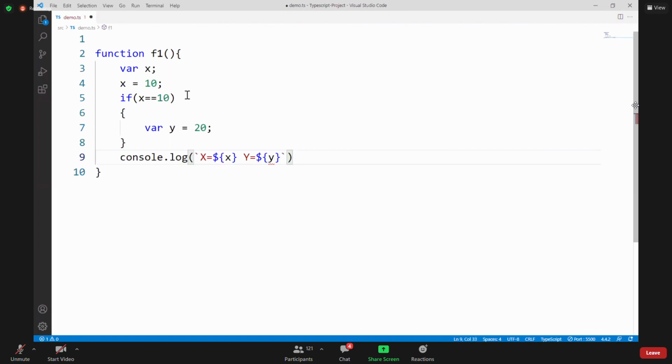So we are configuring the x value and y value here by using this keyword, and we are accessing the function F1. Now this first line is called declaring. And this is called assigning. And the third one is called initialization. We are declaring, assigning, and initializing.